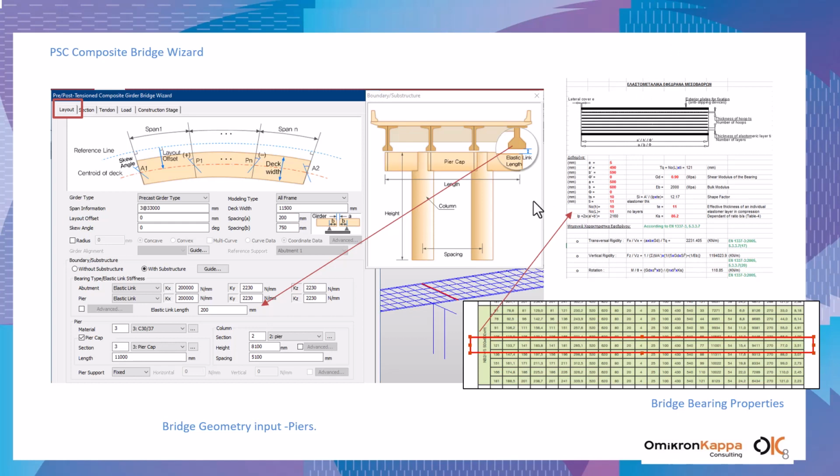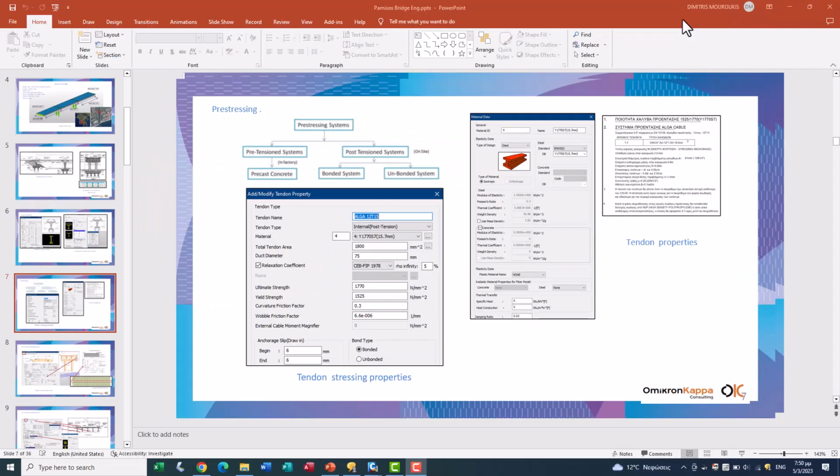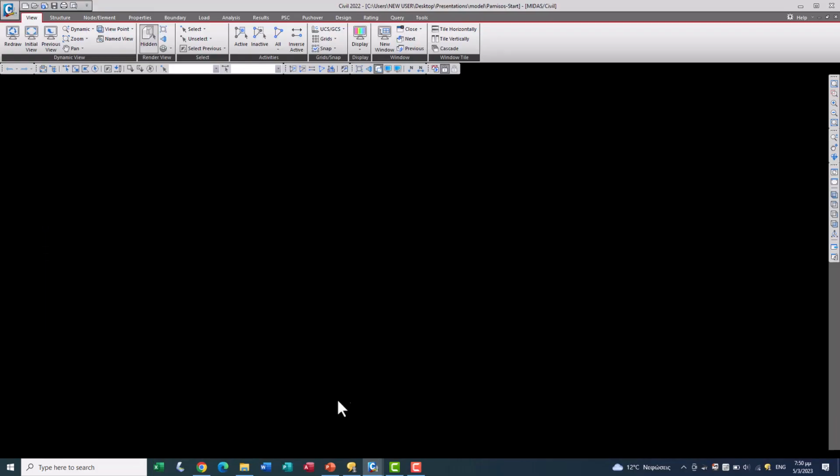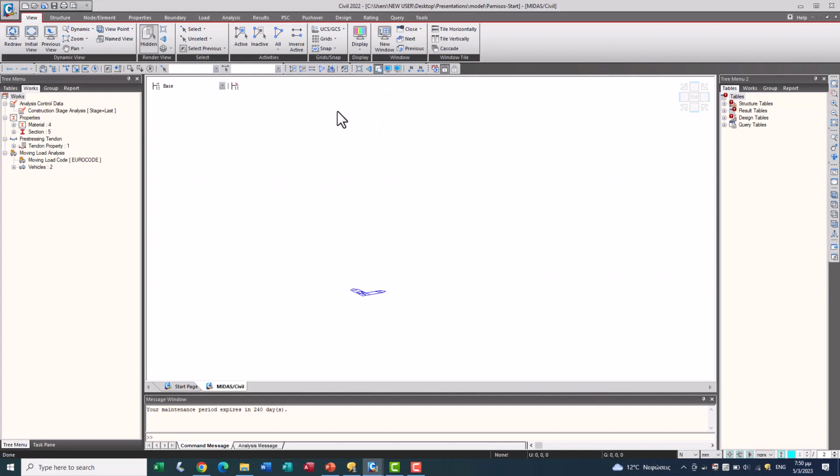Before we continue, let's move on to the program and see what steps have been done so far. Here we have already opened Midas Civil.